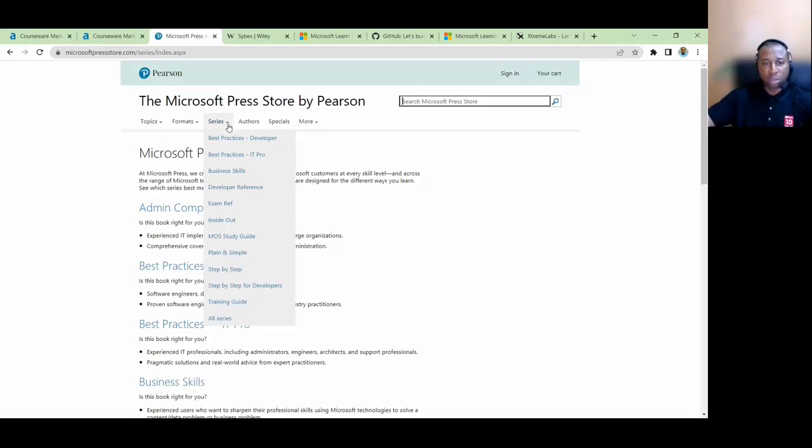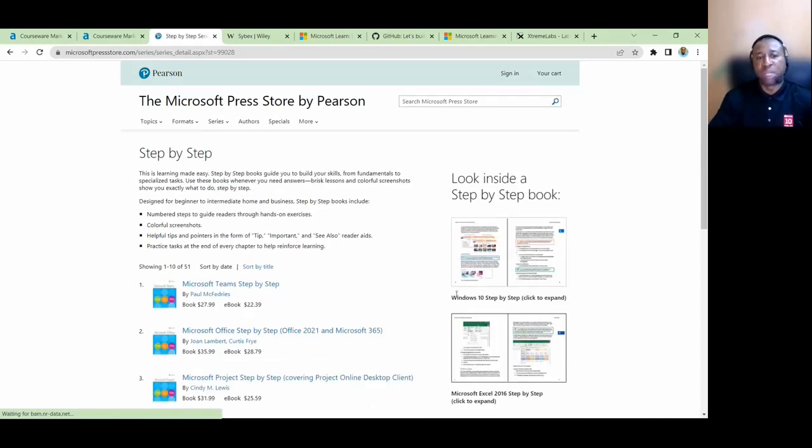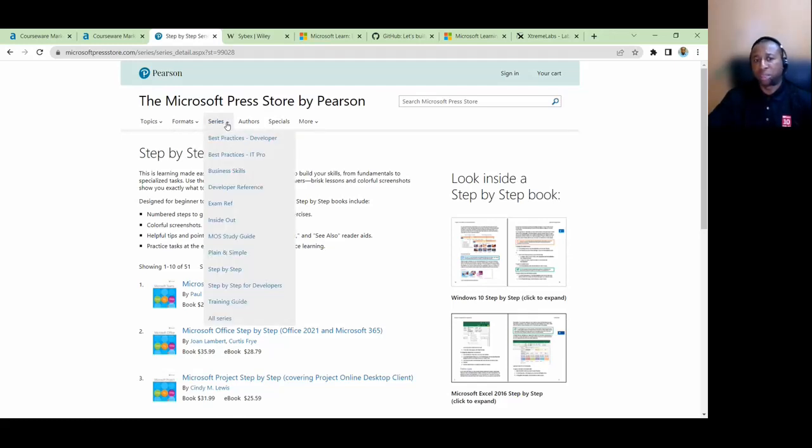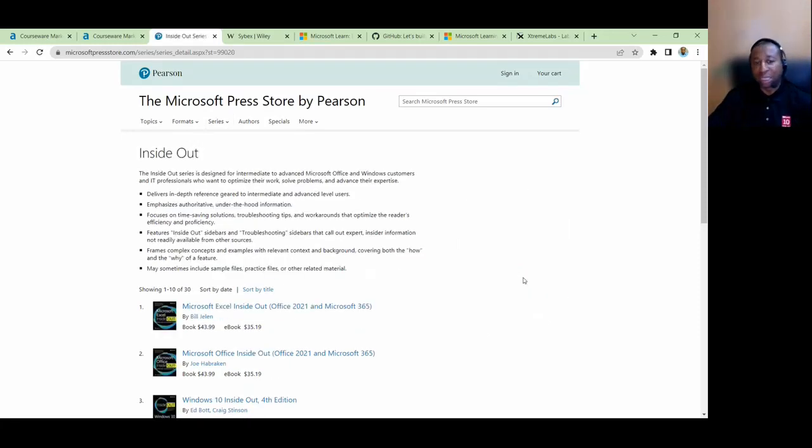But in addition to that, we also have something for step-by-step. The step-by-step option is usually for office-related textbooks: Office Word, Excel, PowerPoint, and others. For someone that is interested in creating maybe courseware or deployment, you have the Inside Out. Inside Out is usually a very, very detailed textbook that contains a lot of things. So Inside Out may not really be too good when you want to do training because it may be too robust, too open, too detailed. So when you want to create courseware, or when you want to do deployments, Inside Out is usually the series type that could be good for that.